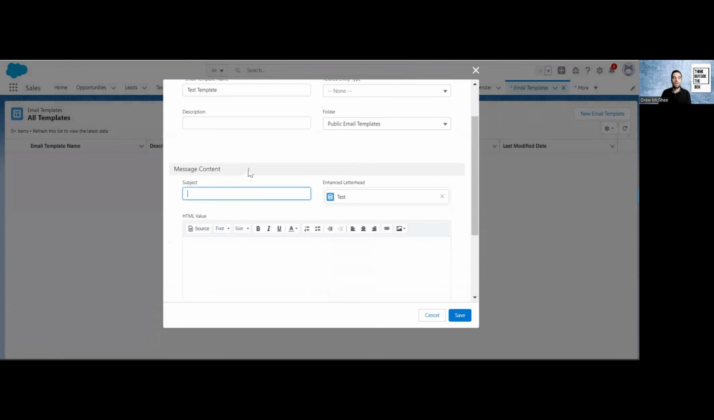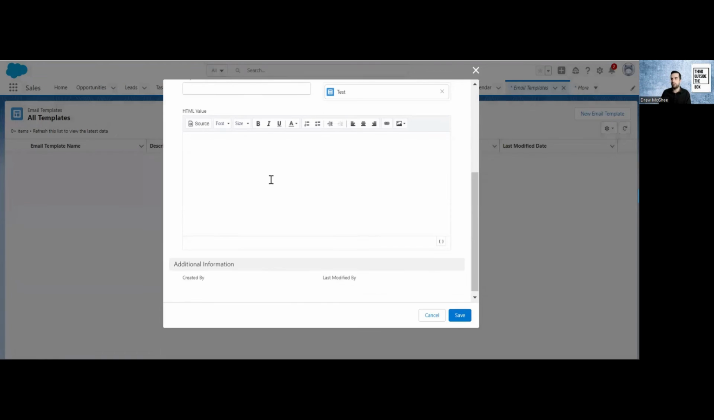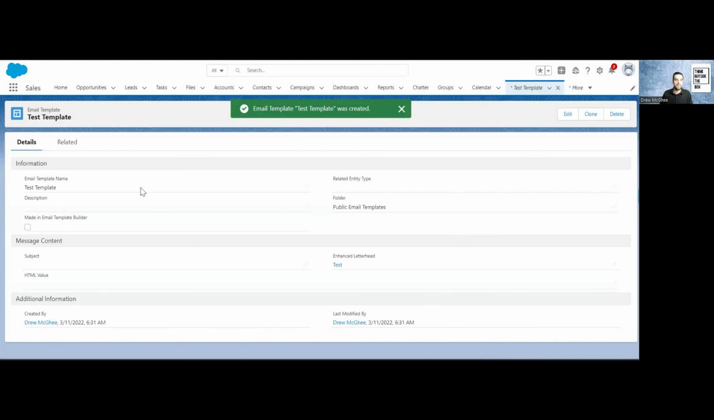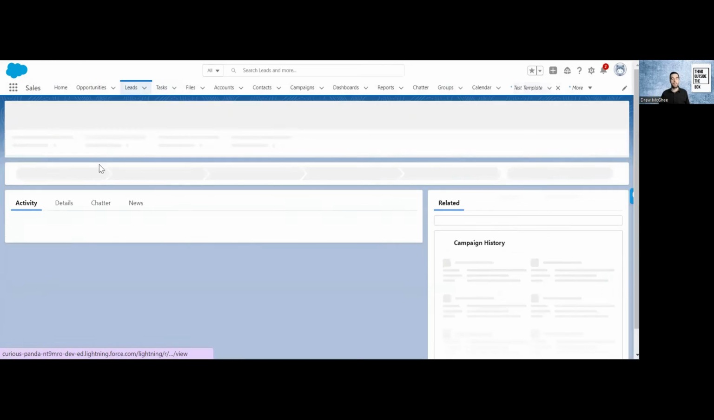And then I would make this a public email template so that our entire team can use this template. Subject, leave it blank because people are going to be entering their own subjects. And then for the value, the body of the template, I'm just simply leaving it blank, right? We hit save, and that's going to create our test template, and it's going to have our enhanced letterhead attached to it, so that now when we go to one of our leads